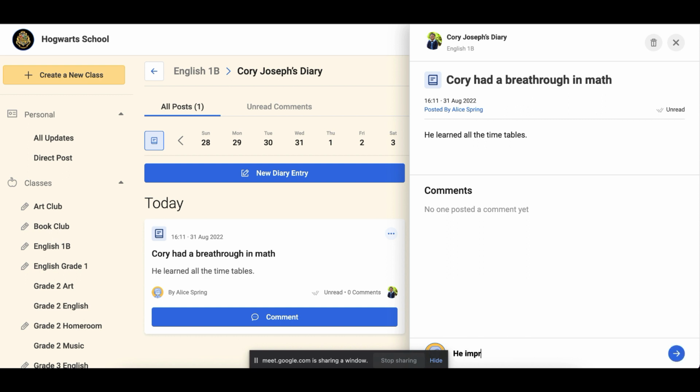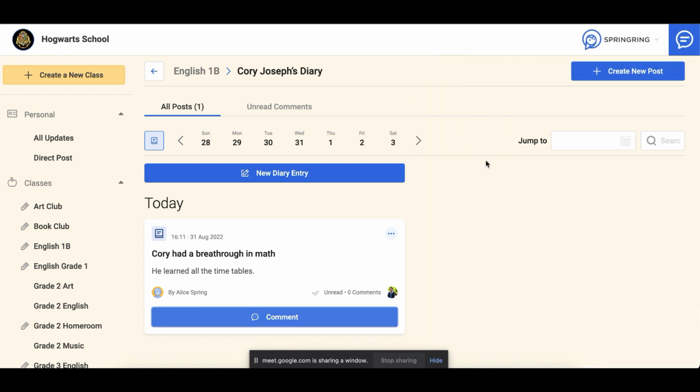He improved tremendously. So the parent is going to be able to see this message and respond within the same diary entry, and keeping the conversation about a specific topic and making sure that all this documentation is